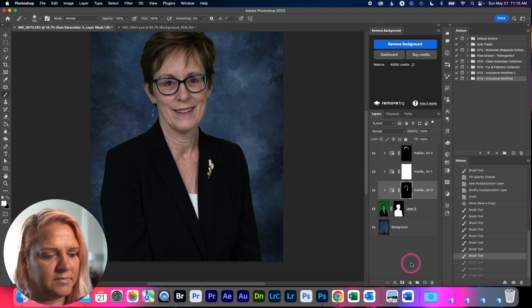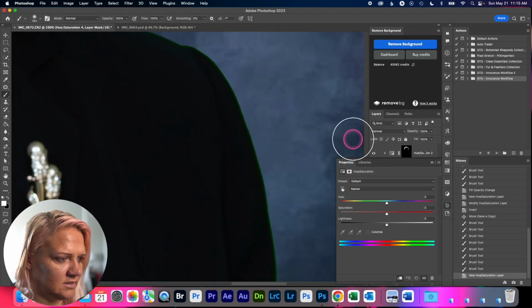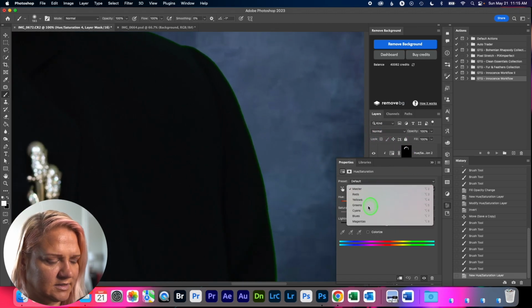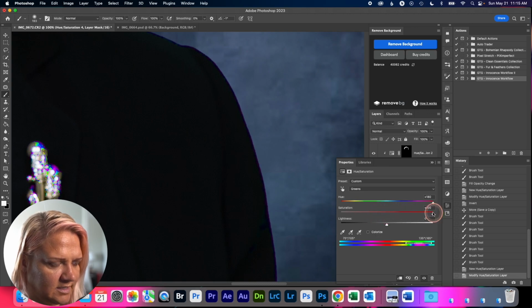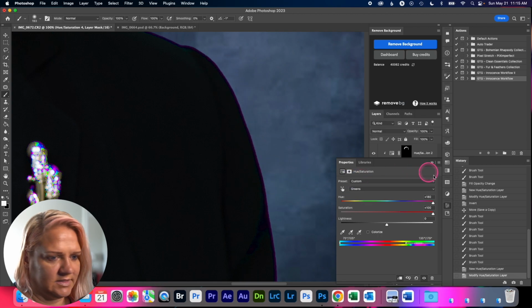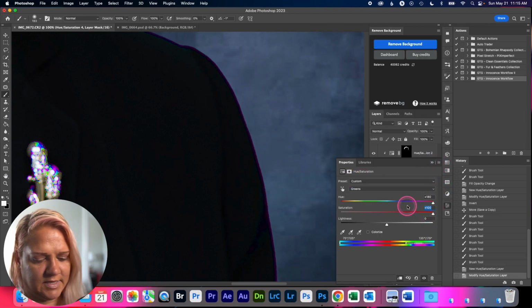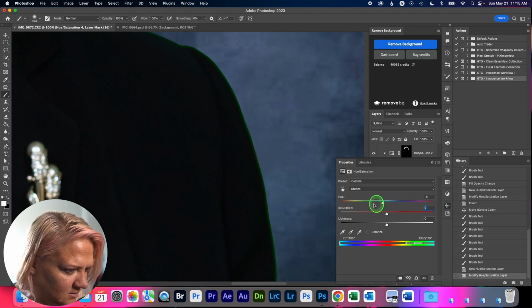Let's do another hue and saturation layer. All right, and this time we're gonna target this. So that is like green upon green. I'm gonna try the greens there, and theoretically this should work. You can see how it's all selected there. I'm gonna turn this back to 0. And let's see if we can't make this into a color that's